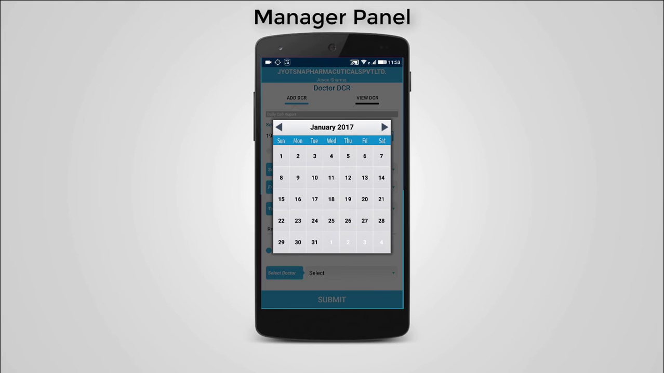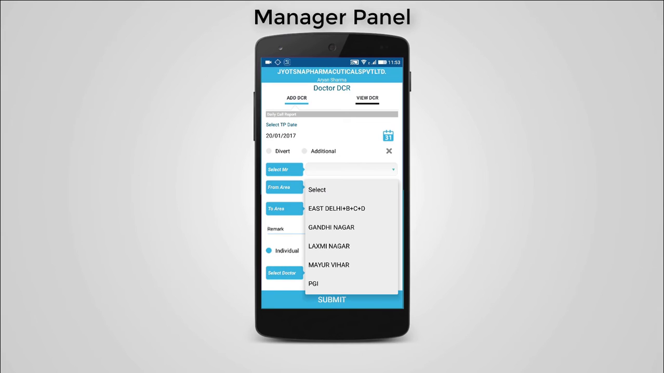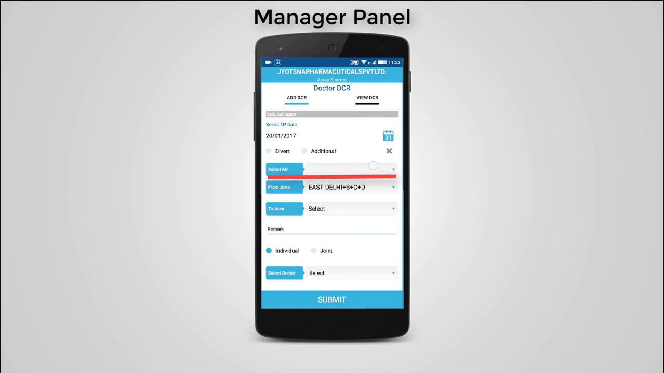Suppose 20th Jan. So with whichever MR we have created tour program on 20th Jan, the areas of those MRs will display in from area list. By default, none of the MR's name will be shown in select MR list. Only the areas will be shown. But as soon as you tap on joint, then the name of the MRs will show in this select MR